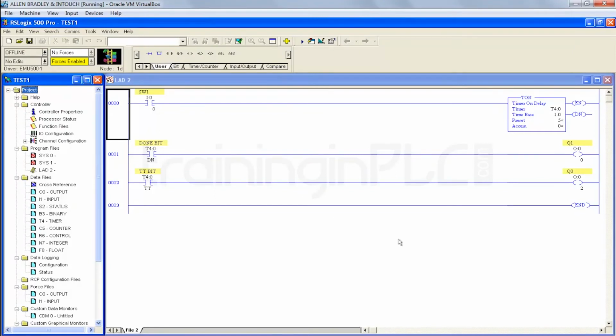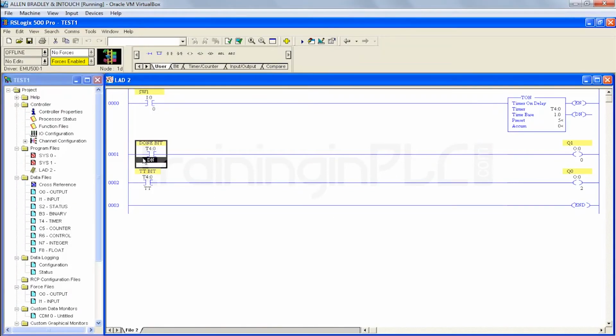So depending upon our requirement, we can interchange the bits however we want. Fine. So without using the timer timing bit, how can we make use of Q0?